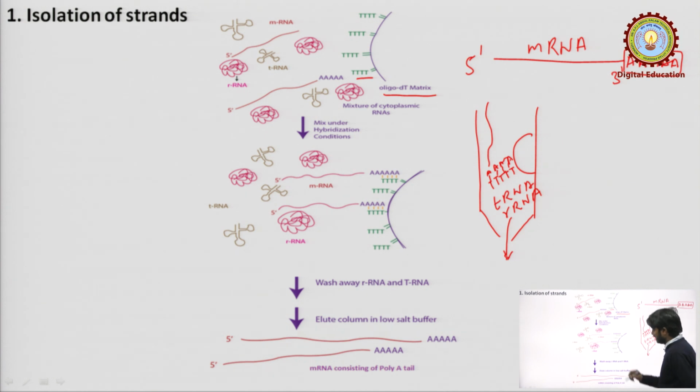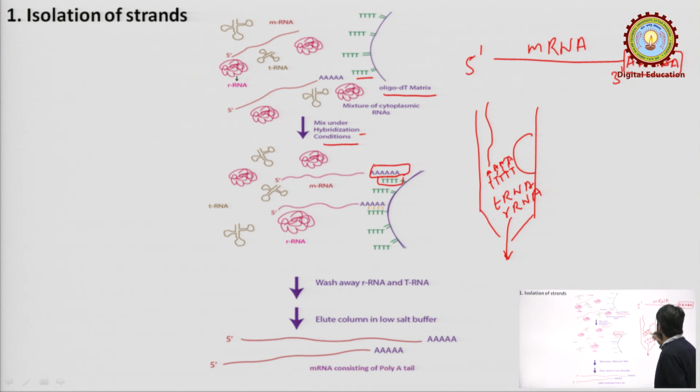So as we can see here, this adenine is bound to TT in the hybridization condition, like specific temperature or pH or buffer is required. So it will bind with this T, the adenine, and the rest of the RNA like tRNA and rRNA will wash away. So after this bond, we can apply like